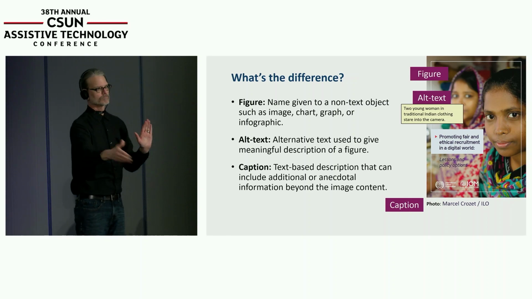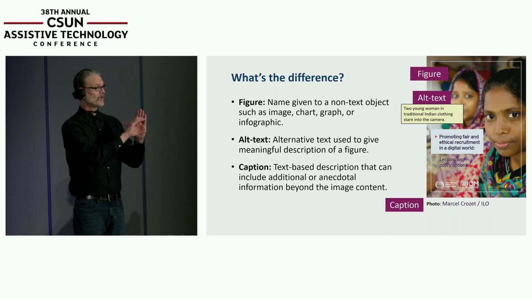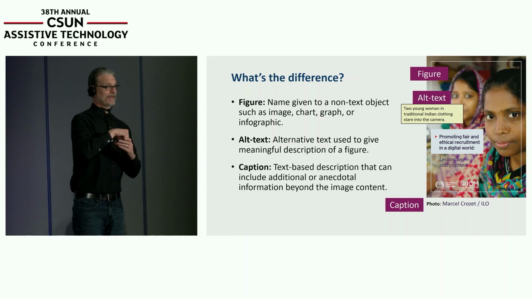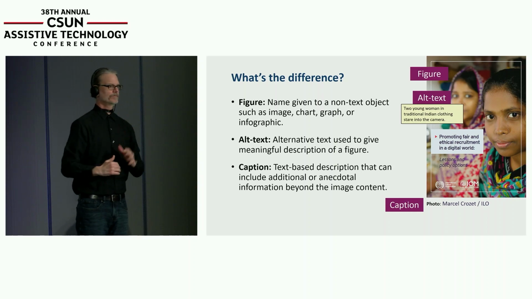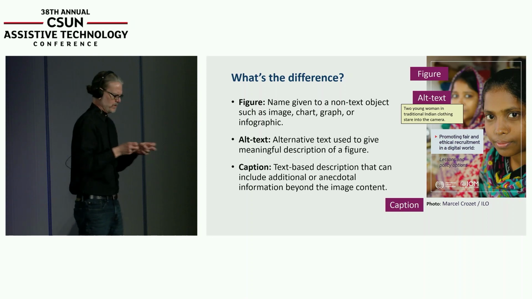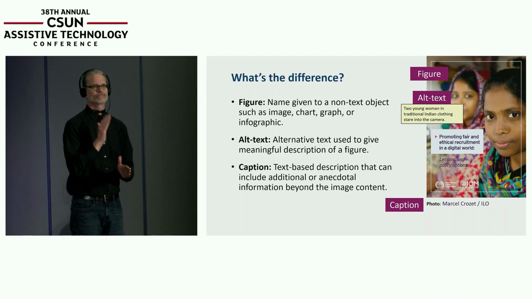The caption is extra information. In this case, it's the photo credit. It might be a description that says women in third world countries get paid 80% less than men. That's not a description of the photo. And it's improper to take that caption and copy it into the alt text of the image and say, I'm good, I passed the checker. Right? It should be a description of the image.